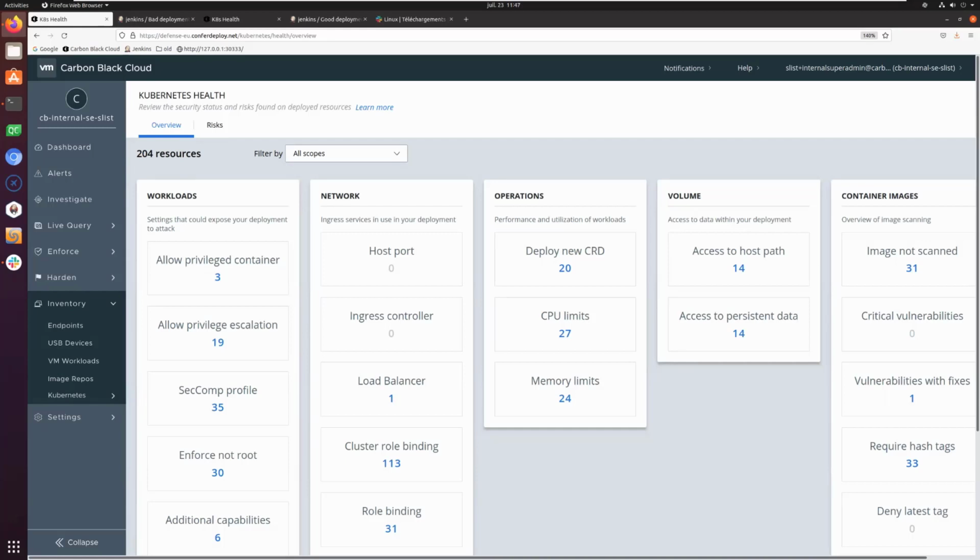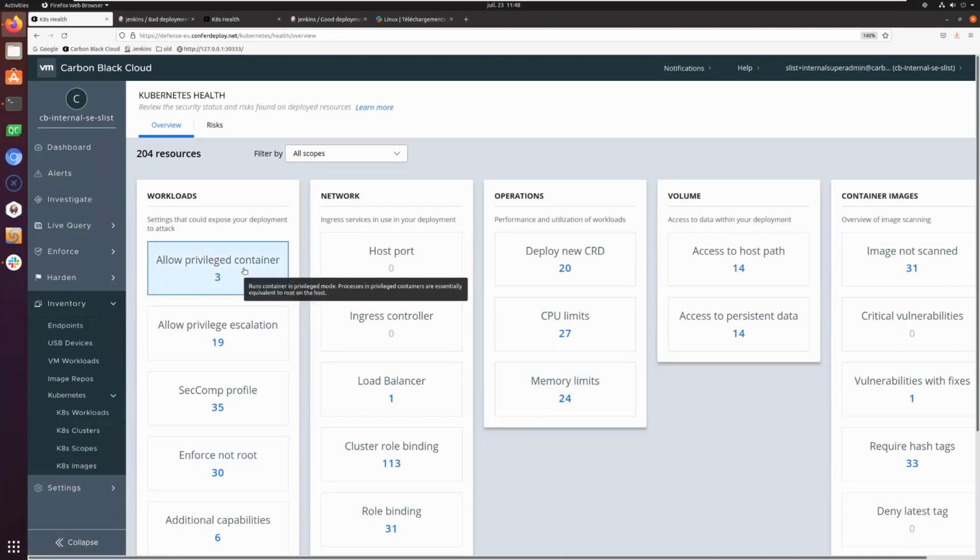Let's go ahead and have a look at our unified web console. In this console, we can define security policies for endpoints, for virtual machines running on vSphere and VMC on AWS, and Kubernetes clusters. But now let's focus on Kubernetes security. Through our Kubernetes health page, we are able to provide unified insight into your security posture across multiple clusters and namespaces so that we can start to assess key configurations or misconfigurations based on what is deployed and live in production.